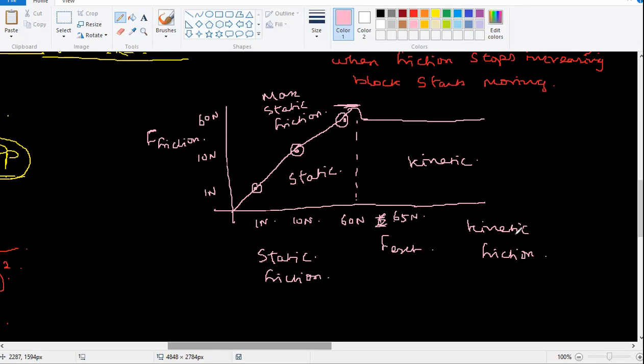Yes, sir. So when you try to push a very big table or a big cupboard, initially it will be very hard. Why? Because you are in this region. But once you start moving, it will become much easier. Why? Because you already crossed this bump. Once it starts moving, it's much easier to keep on pushing. But if you stop, again you have to go across this bump. That's why, if you start moving, you have to keep on moving. If you stop, again it's going to be difficult to push. Any questions?